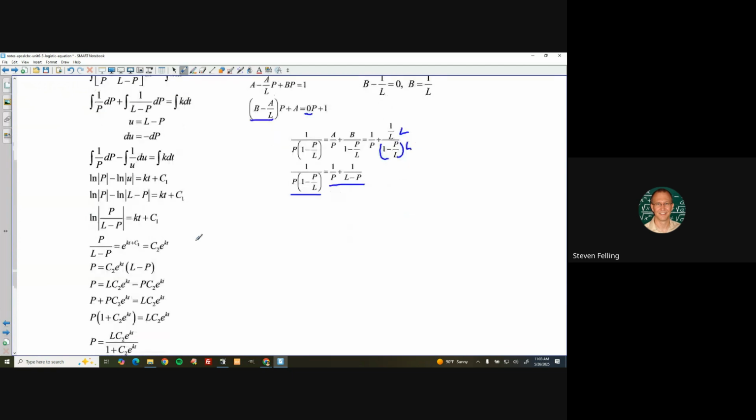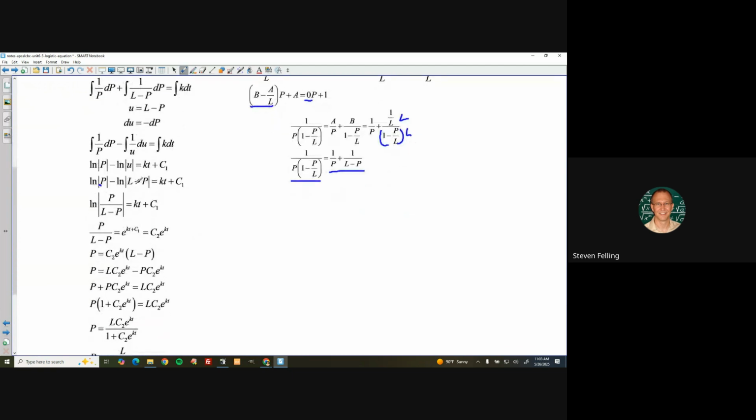call C1. And then we're going to combine these two together because they both contain P. So using log properties, we can say that these two logs compress to a single log of P over L minus P, and that's equal to kt plus C1. To undo the natural log, we'll do e to both sides. So P over L minus P is equal to e to the kt plus C1, which is another constant I'm going to call C2, e to the kt, as that can be expanded into e times e to the C1, which is C2. Right? And then we're going to go ahead and multiply both sides by L minus P to